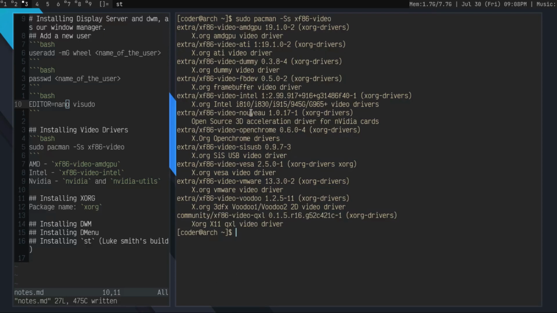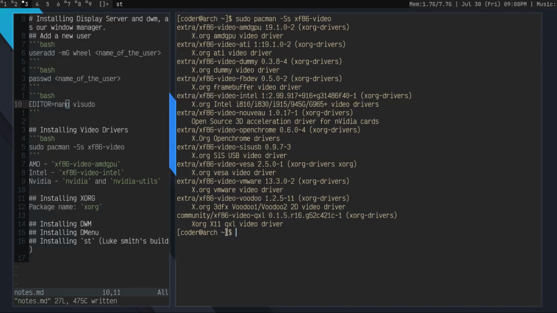Now, if you are on a physical machine, it depends on the graphics you are using. So if you are using an AMD card, you should install xf86-video-amdgpu. If you are on an Intel card, you should install xf86-video-intel.